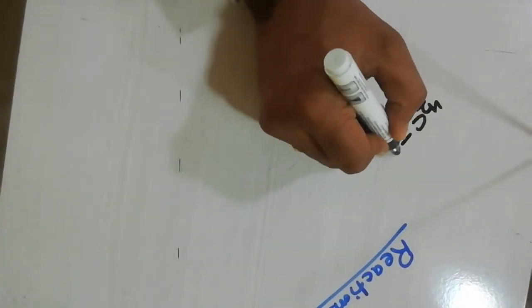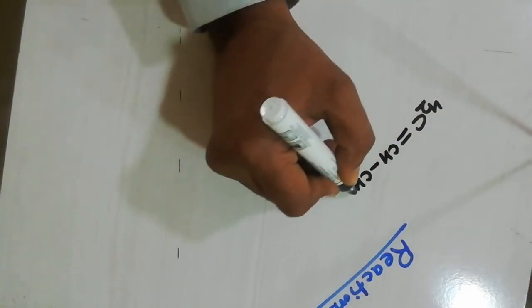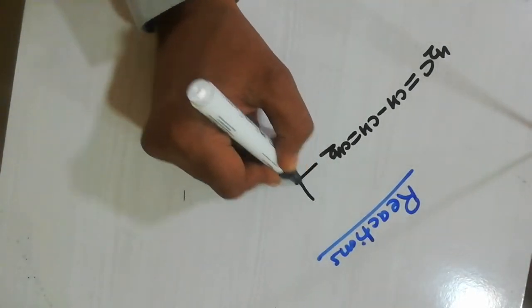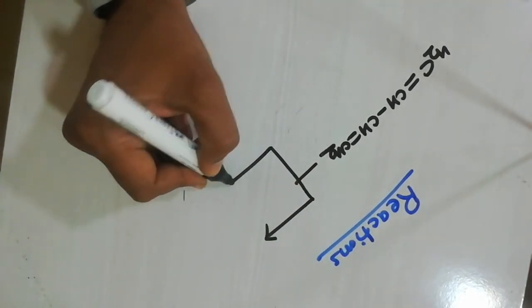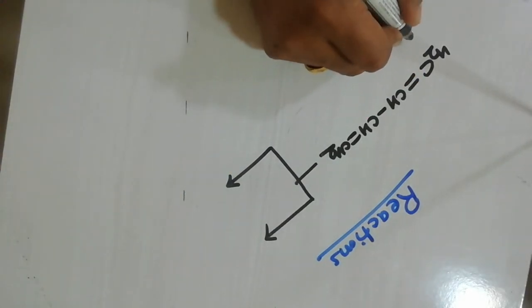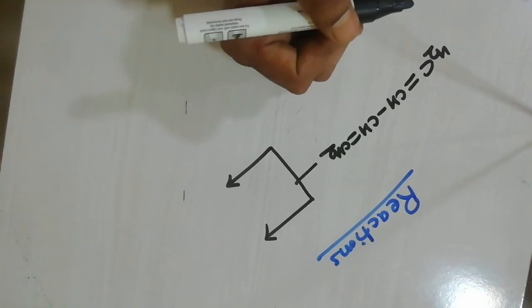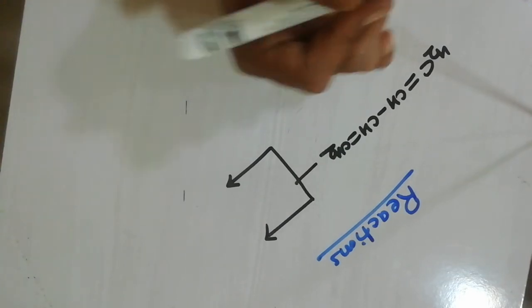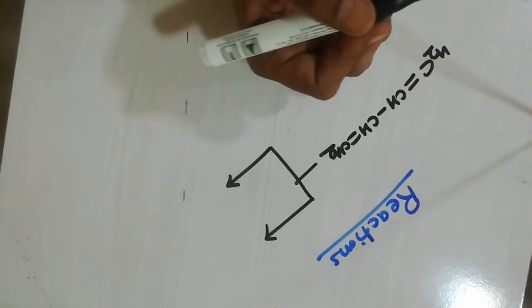So, if I have a 1,3-butadiene system, I can write it like this: CH2 double bond CH single bond CH double bond CH2. Now, what will happen? If I treat it with bromine, the reaction will be common to that of alkene. You know, carbon-carbon double bond undergoes addition reaction. So, 1,3-butadiene is no exception. Only thing is it has two double bonds, so it will undergo two types of reaction.